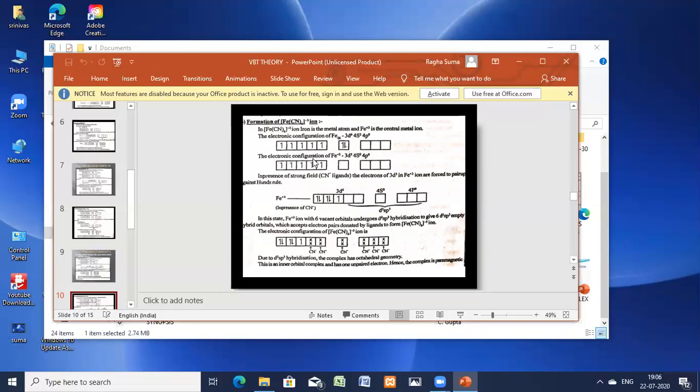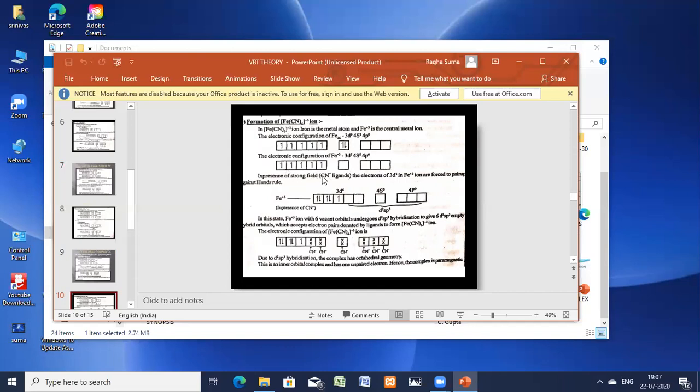Now in this electronic configuration, plus 3: 2 electrons are lost from s and 1 electron is lost from the d orbital. Here it is the innermost orbital, ns, ns, (n minus 1) d. So it is (n minus 1) d, and you call it an inner orbital complex. 2 s electrons are lost and 1 d electron is lost. Here again a printing mistake, one more electron should be there. So 2 plus 1, therefore you have lost 3 electrons.